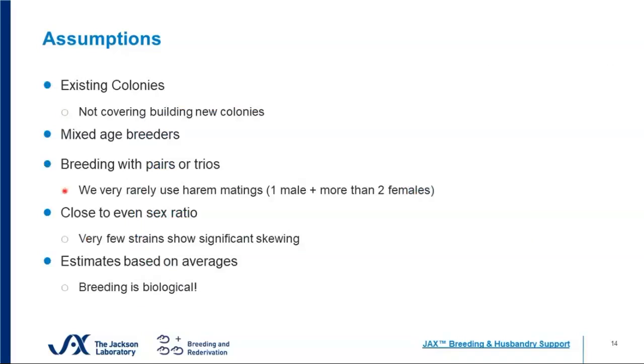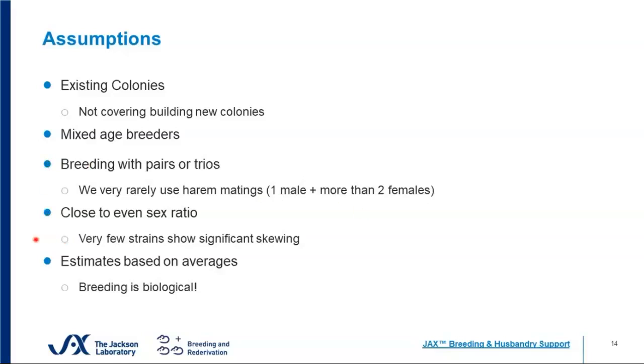Here at the Jackson Laboratory, we rarely use harem matings where you have one male with more than 2 females, albeit as long as you're calculating the number of breeding females you need, you should be able to easily adapt to using harems in terms of how large or how many boxes you need on the shelf. And then also we're assuming close to even sex ratios. Few strains really show significant skewing, but if your strain does, that is an adjustment you may need to make in how you size your colony